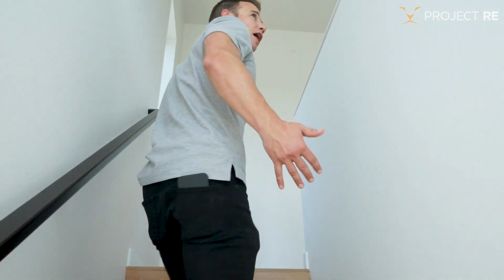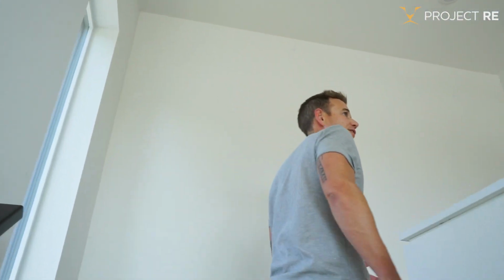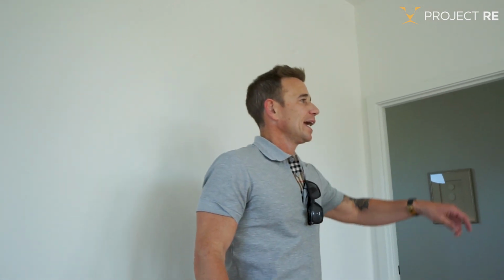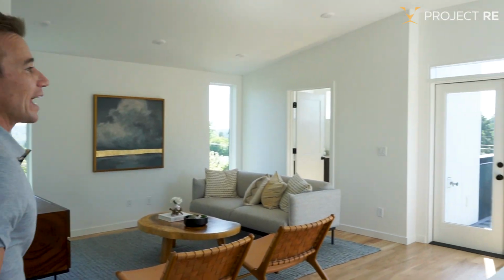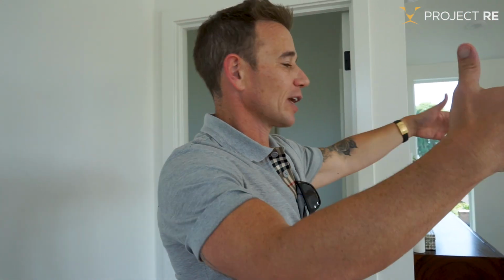And then let's go check out where the primary is. So the primary suite has a really cool vibe to it for numerous different reasons. You got a loft off your primary. This allows people to work from home, do whatever they want, and when they come outside their primary, and primaries and kitchens are what sell houses, right? The kitchen had nice tall ceilings. It felt really good, nice natural light. When you come out your primary now, you got a view, you got a nice airy open air space